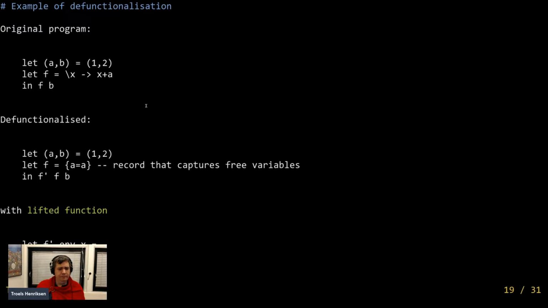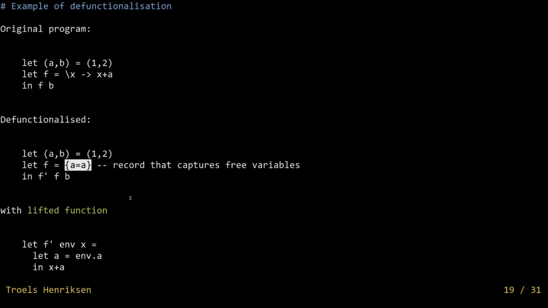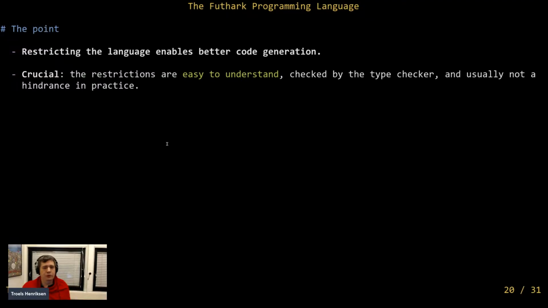This results in a program. You can see there's no control flow here. It's just straight line code, and that's something that we really like. And then, of course, we have to make sure we handle this tuple efficiently. This is essentially just a tuple, and that's done by just pretending there is no tuple and turning it into separate values. So that ends up resulting in quite nice code. Essentially, the code that you would write by hand if you manually specialize all of your higher order functions. So the point of that is that restricting the language enables better code generation.